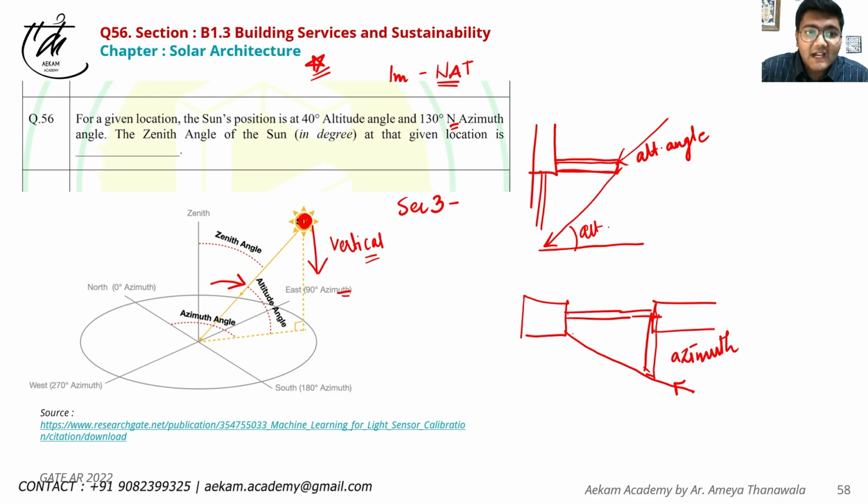So these two angles are given and the concept behind this is clear. Now what have they asked? They have actually asked zenith angle. So zenith angle is nothing but a complementary angle for altitude angle. It has nothing to do with azimuth angle. Azimuth angle is purely there just to confuse the students. But even if you don't know what zenith angle means, you can try and apply basic logic to the word